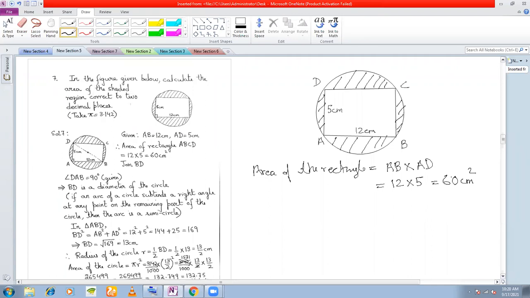Now the only problem remains to calculate the area of the circle. But for area of the circle, what do you need? You need the radius of the circle. Okay. Now there is a small theorem which I have not discussed, which is actually there in your class 10, that if you have this rectangle and if you join the diagonals of the rectangle, then it has to pass through the center of the circle. Okay. So if I take the center of the circle as O, I say let O be the center of the circle.